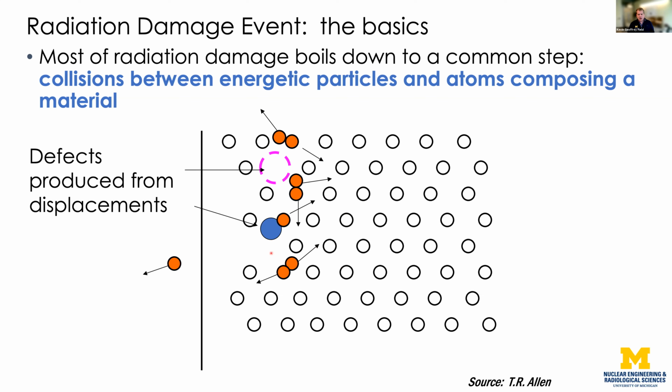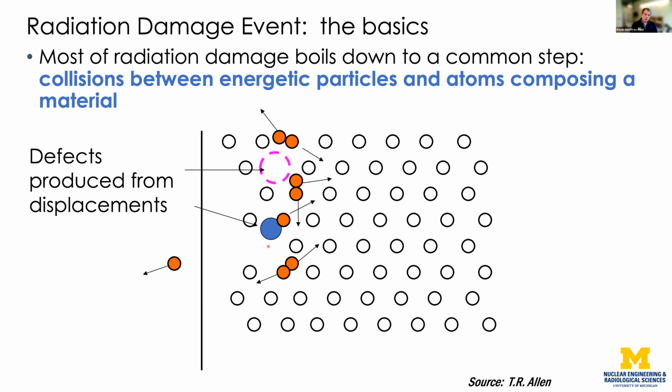And if you give enough time to these types of defects that are produced and enough energy, of course, they will migrate through your material through diffusional processes. They can agglomerate together and they can form extended defects. And it's those types of extended defects that we observe primarily in the TEM, using transmission electron microscopy. That's a large part of what my research group does, is using TEM to look at those extended defects